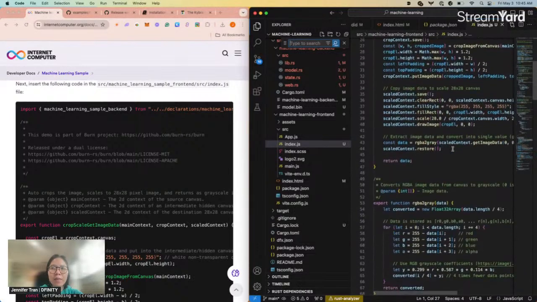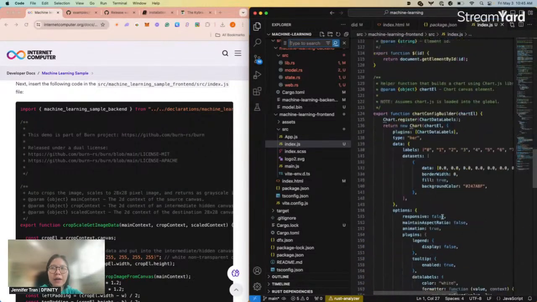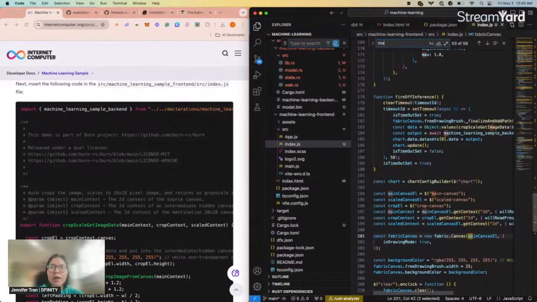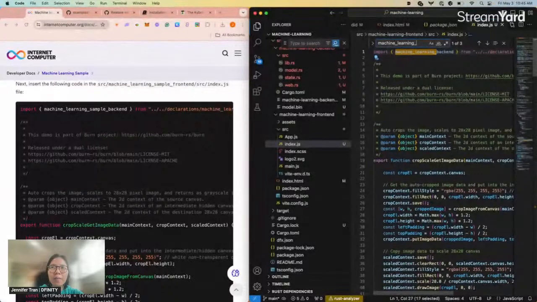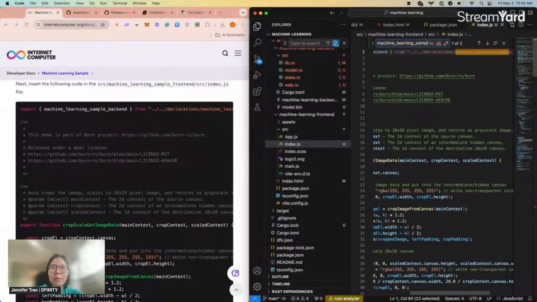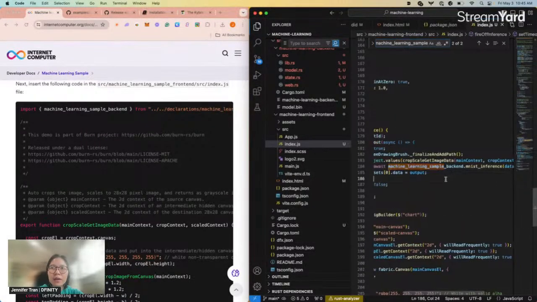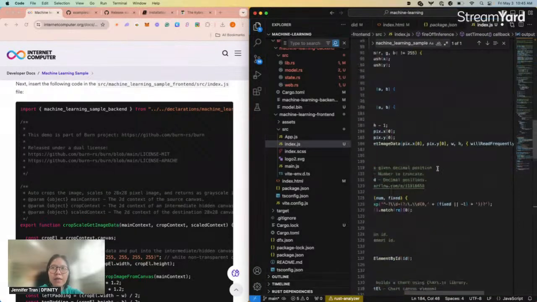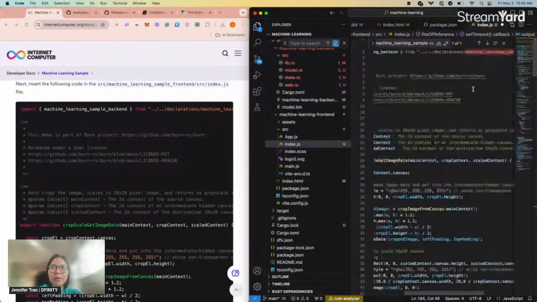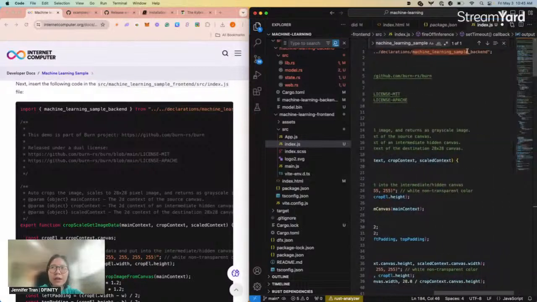So let me just make sure here. It looks like there might be a couple areas where we're not properly calling machine learning sample, and instead we want to call machine learning backend.